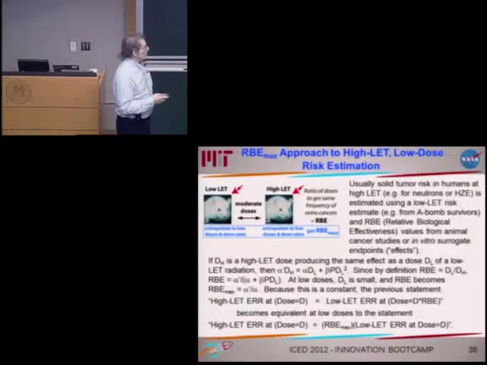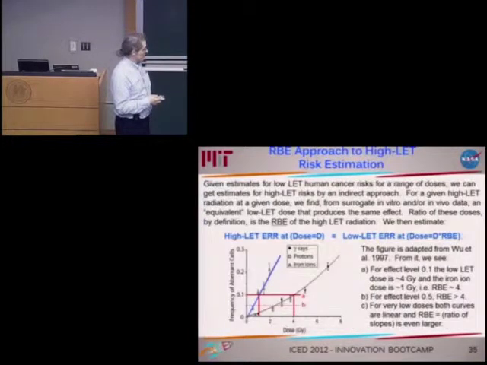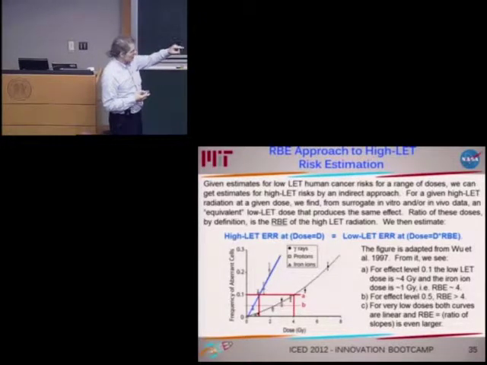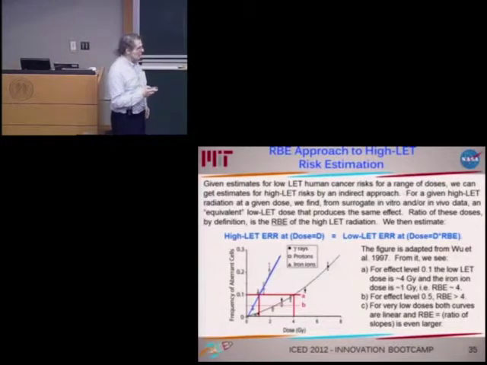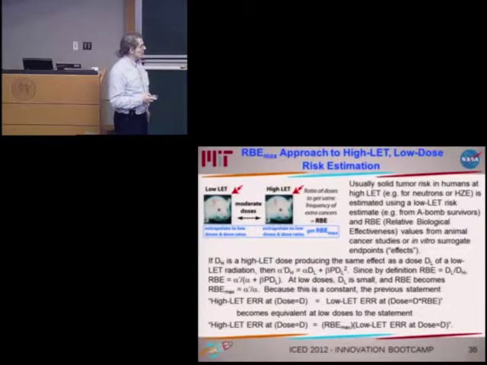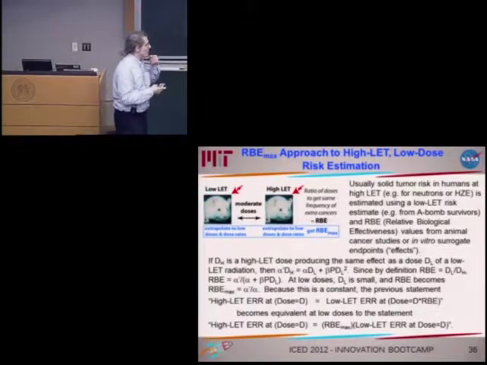In the limit, one can think of the RBE max in the low dose limit, where imagine that red line, that top horizontal line, getting lower and lower and lower. Right? Now you see the RBE starts to increase when you do that, just by virtue of the shapes of the curve, until you start getting down to the point where they both are more or less linear, right near the origin down there, where you start approaching RBE max. But at that location, both curves are taking a more or less linear behavior. So this calculation now is somewhat simplified.